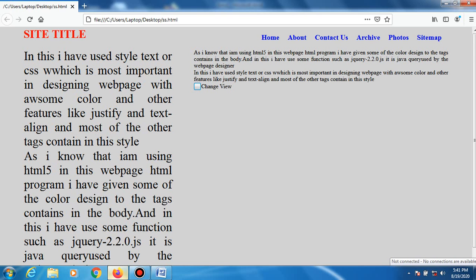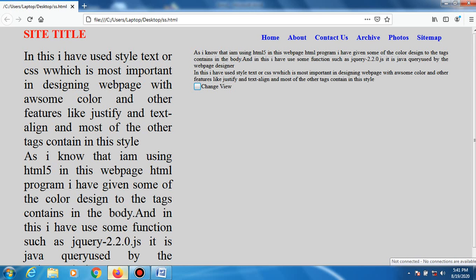I will send a PDF copy of this program to you through the Google Classroom. Already I said and sent 3 PDF copies of the 3 previous programs, the previous exercises.